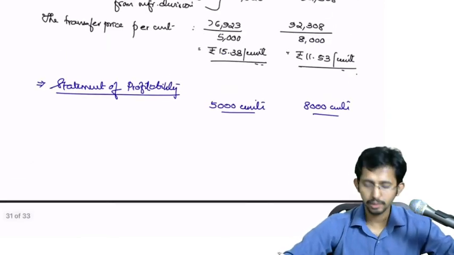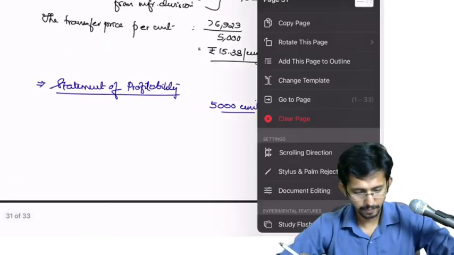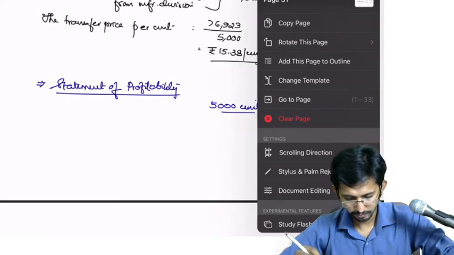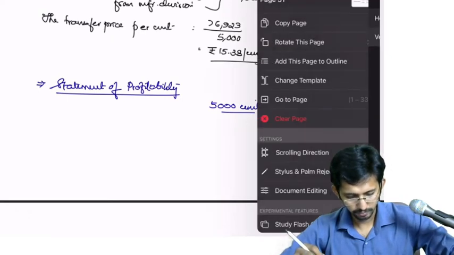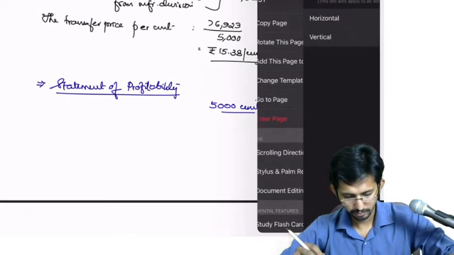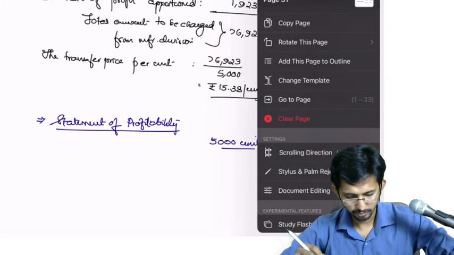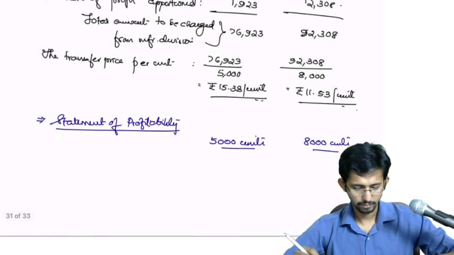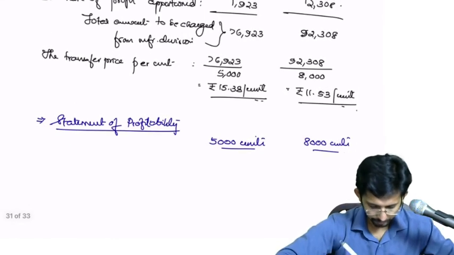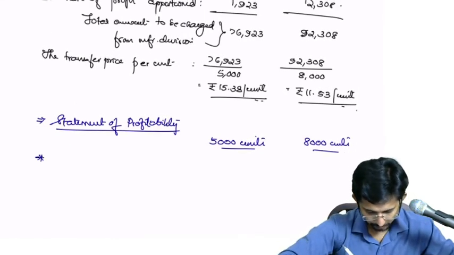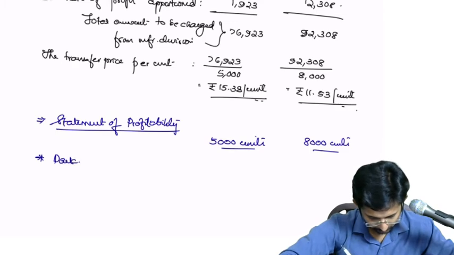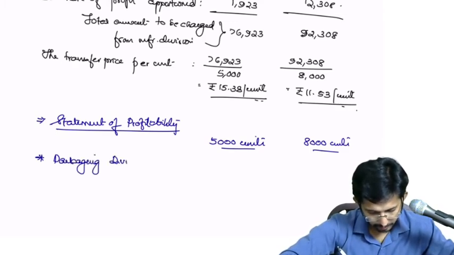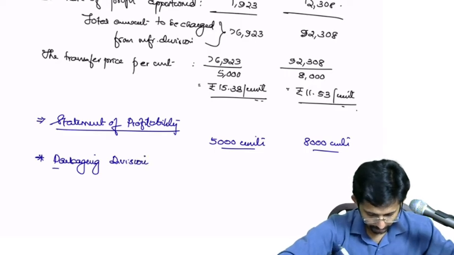In case of 5000 units, packaging division,